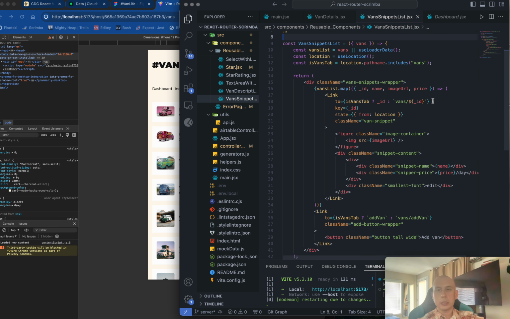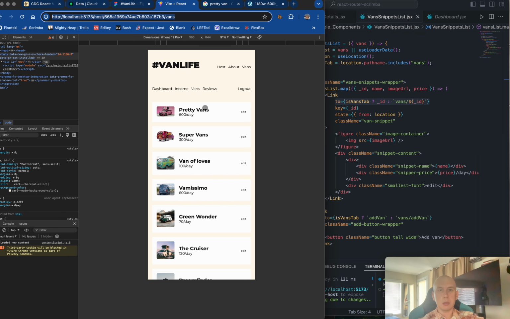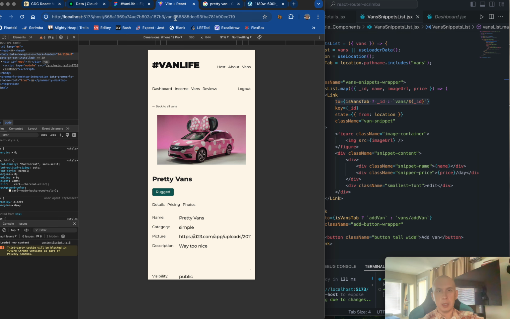And you can also see how the link back to Vans or the edit link must be calculated differently